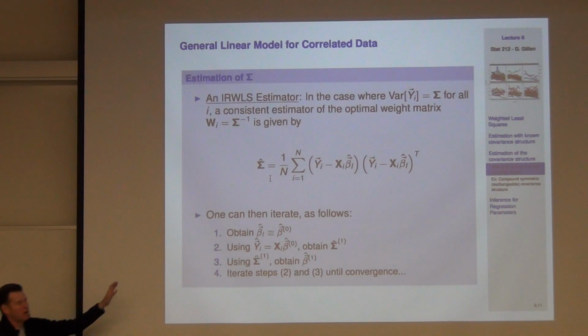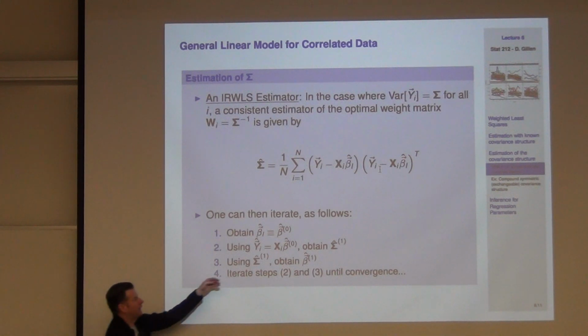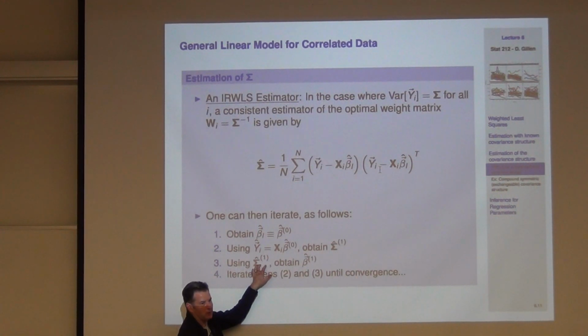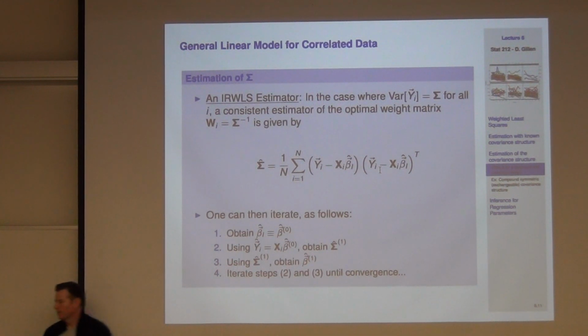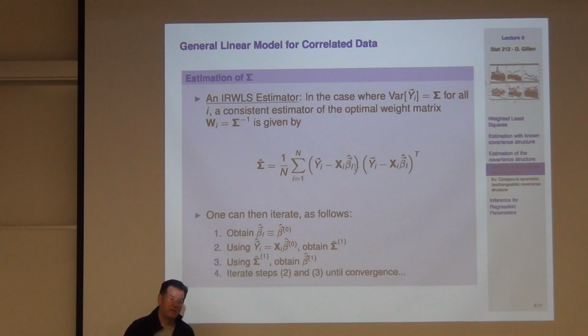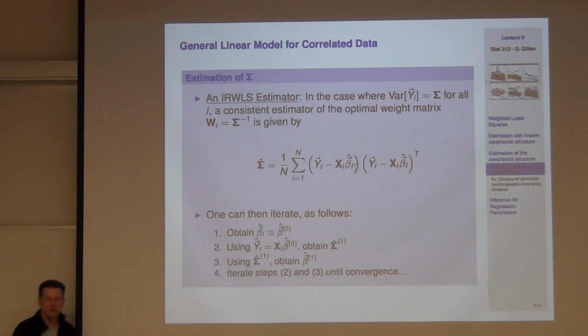Same concept going on here, but now we've got this iterative process because our regression parameter values are going to depend upon the weight that we put in. So we have to get that weight converged down. This shouldn't be too much of a surprise, because you actually did this already in GLMs. You did it on the variance function. You got the fitted values, plugged them in for the variance function, and used those for the weights in that iterative weighted least squares process.